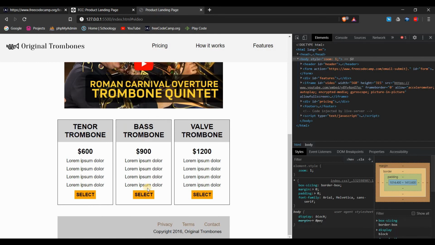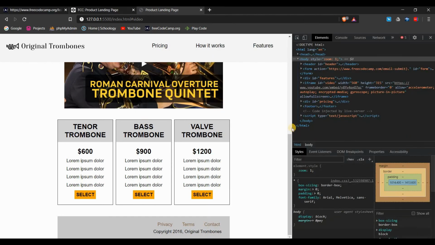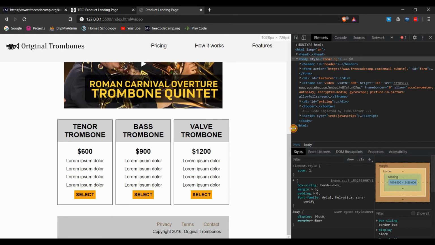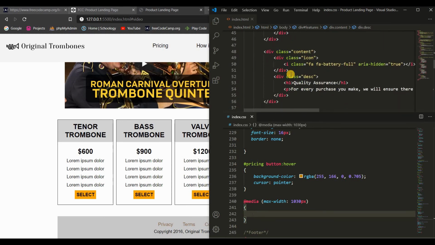So this is going to be on top, this at the bottom, that at the bottom of the last one. So let's do this right now. 1000, how much? 1030. 1030 pixels, and I'm going to mess with the